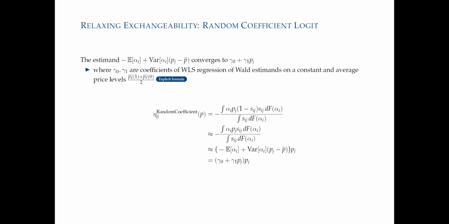Why the quadratic term? Well, you know, the selection. So this is a quadratic term. Instead of being just alpha p, it's going to be expected alpha plus this. This reflects a selection that low alpha guys are going to purchase more of the higher price goods. Okay, you get that from a Taylor approximation around the heterogeneity. Okay, you can show that's identified too.